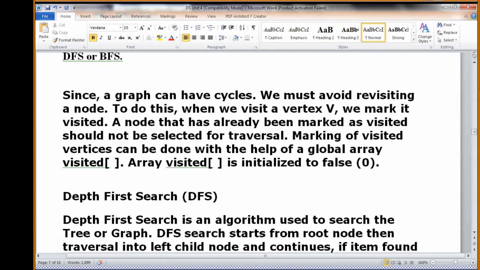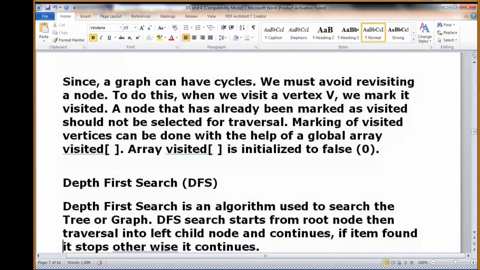So don't think that here 0 to 4 only 5 nodes are there, but in a bigger database there will be more. If you take a bank database or an Aadhaar card database, or a TCS company's computer nodes, and all these nodes need to be traversed to find some information, in such a scenario you require an additional array to note down the visited nodes. So please keep in mind that the database is large. If the database is large, then you need this kind of help.